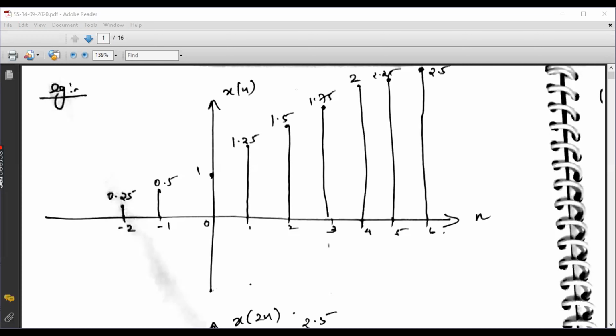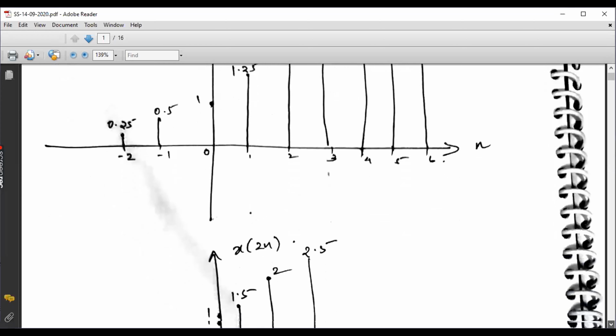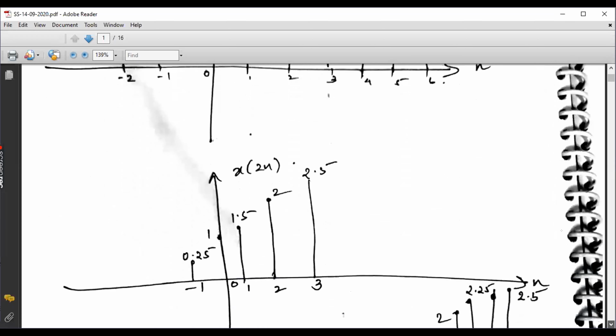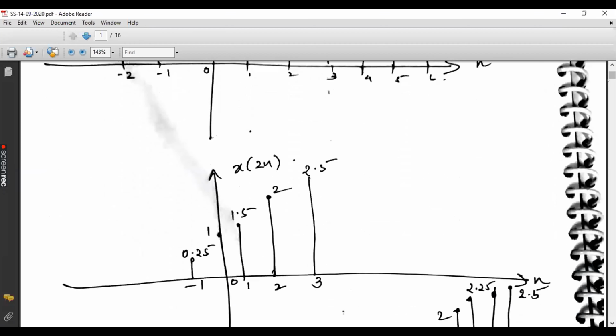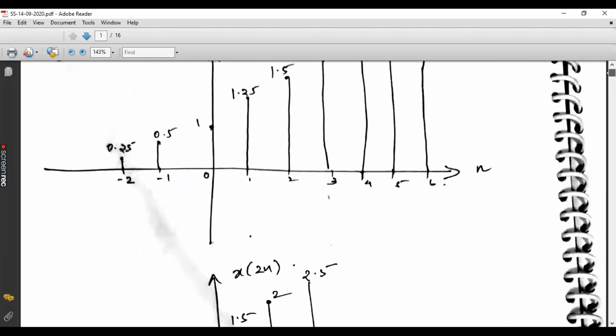So x of n is given, and you are asked to do x of 2n and x of n by 2. I think x of 2n you have already done. x of 2n is nothing but the compressed signal. Compression means we will be dividing the time axis by half. The same signal will appear with a different time, but the time will be changed to half of the